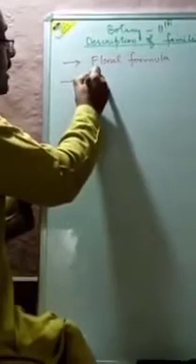The second one we have to study in those families is the floral diagram. Here we draw the diagram of the flower, but not a complete diagram of how it looks. In a very precise form we draw the diagram, and in that diagram we show the different whorls of the flower in a very precise, diagrammatic way. That is called the floral diagram.